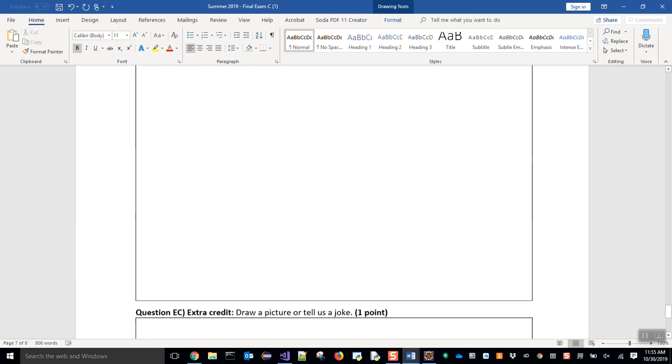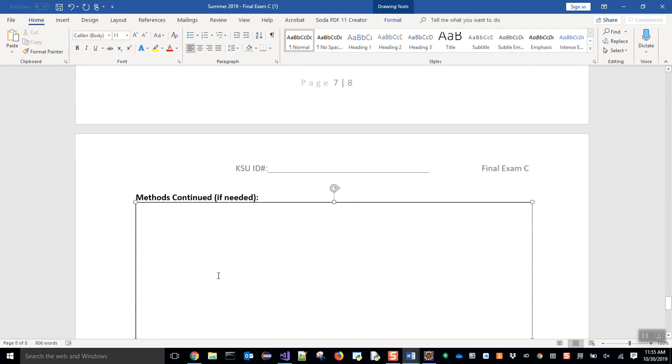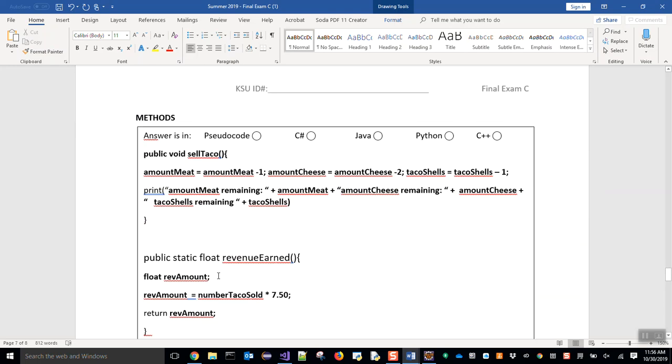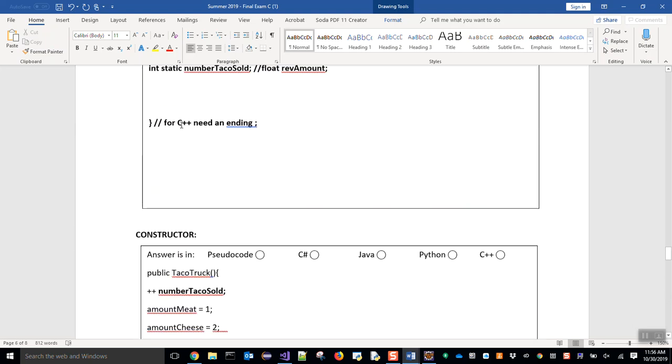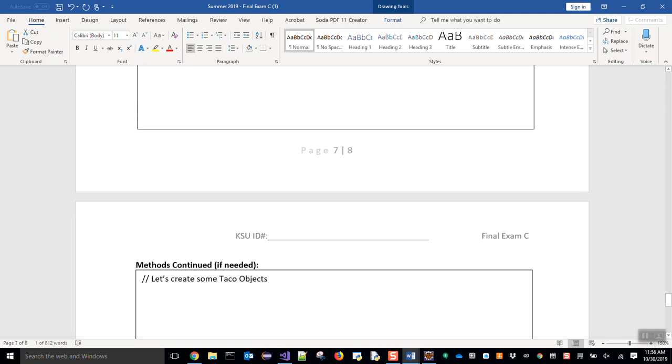Also, it does not say how to create an object. So let me extend that part. So then let us create some objects, taco objects. How can I create taco objects? Can anyone please tell me? It's their class, then you want to name a variable. Okay, the name of my variable, maybe taco T1. My variable is simple, equal to